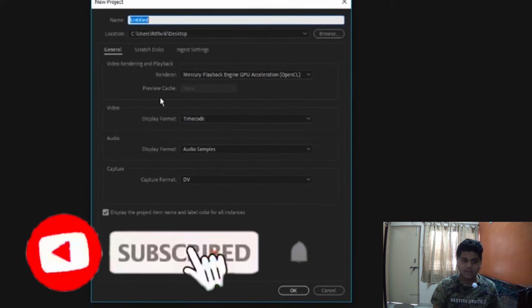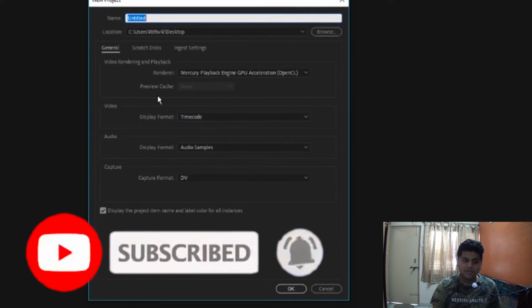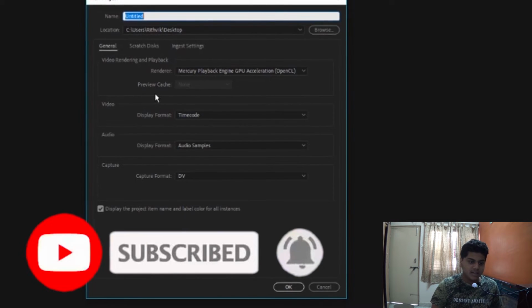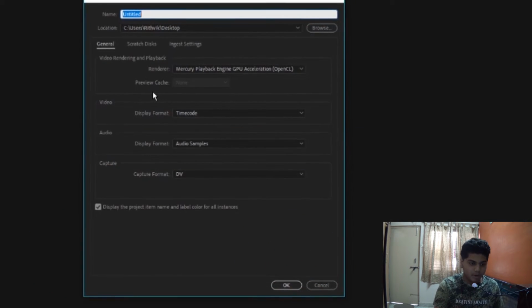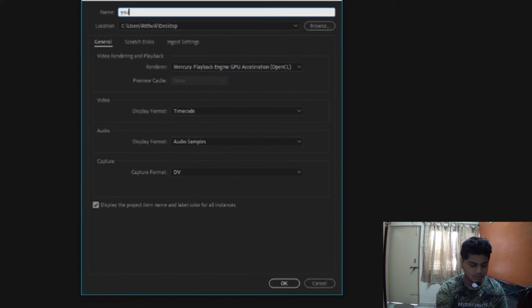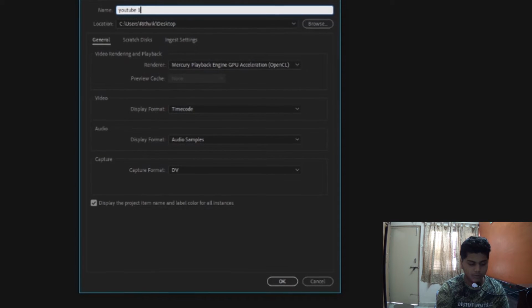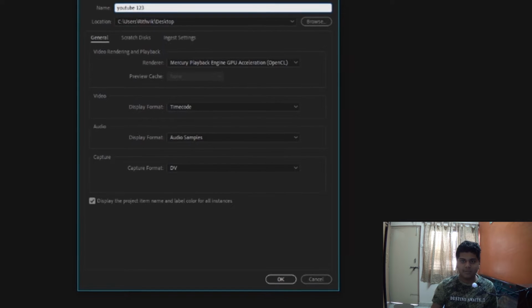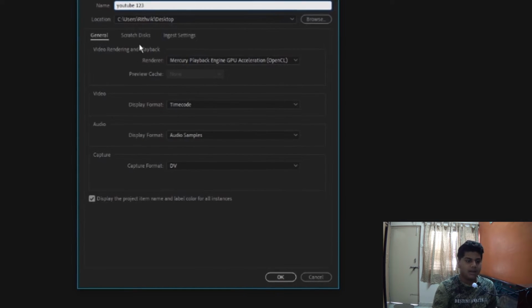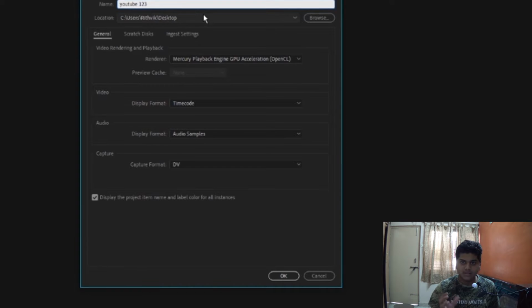Then this dialog box appears where you can adjust settings. I want to change my project name to YouTube 123. Okay, I have given my project name as YouTube 123, and we can also change the save location.